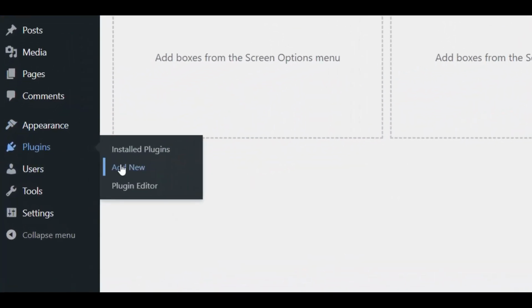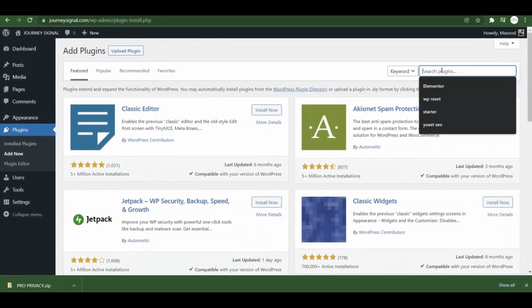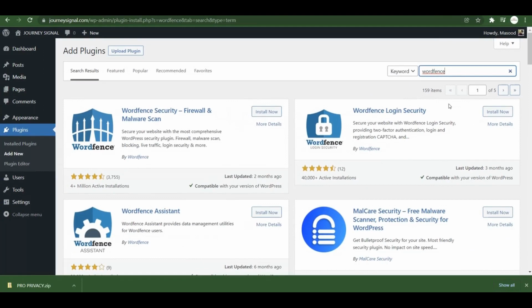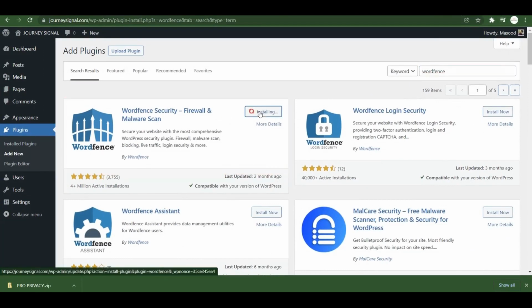To add that, you can go to plugins and click add new. Now you can type the plugin called Wordfence. Wordfence is an important plugin, it helps in terms of firewall and security. So you can click install and you can click activate. So once Wordfence is activated,